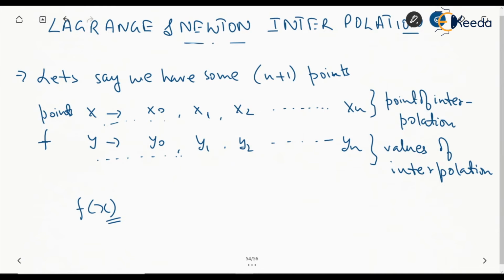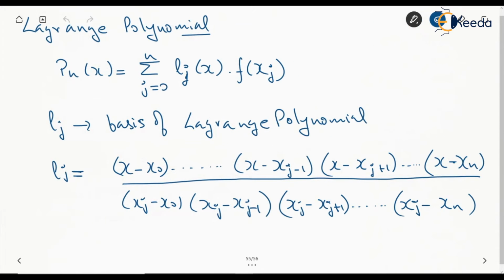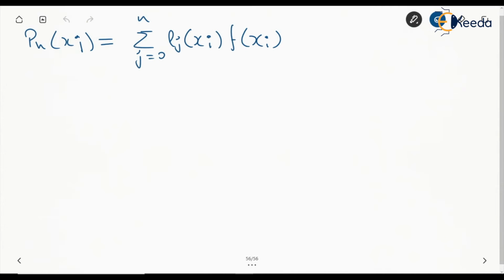So all the points of interpolation should give the values of interpolation when substituted in this function f(x). That is our aim here, right? So this is Lagrange's polynomial, and then for the Newton's case,